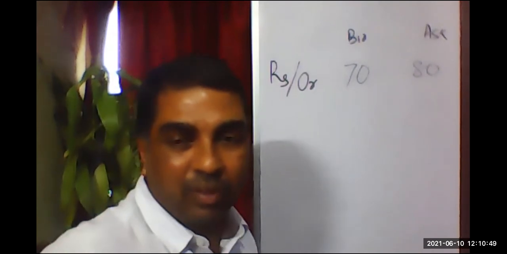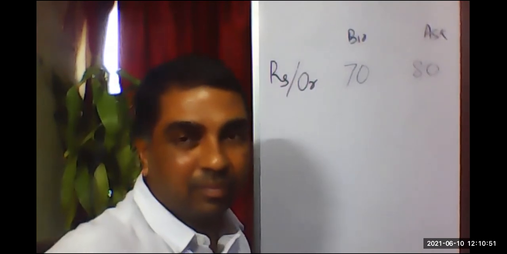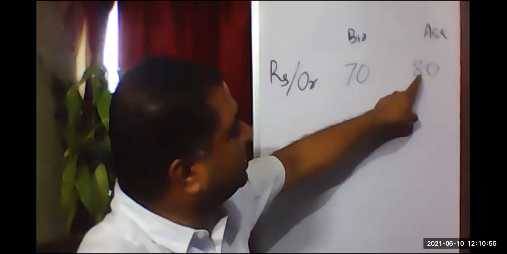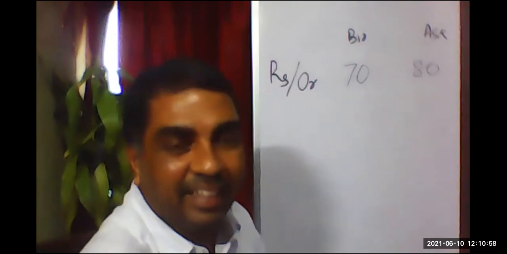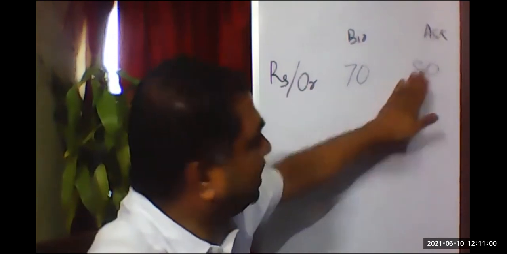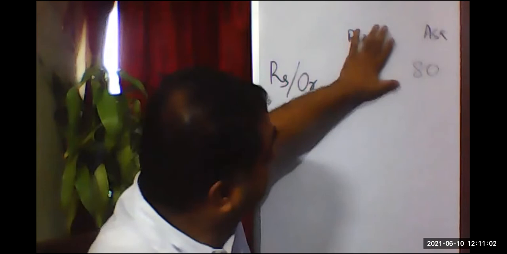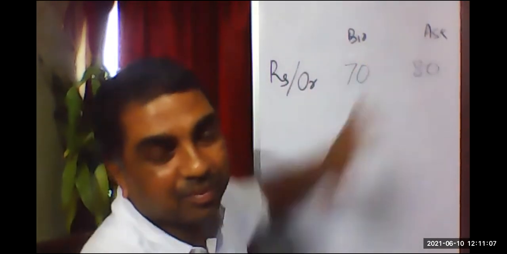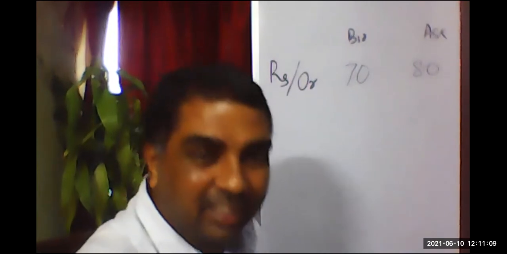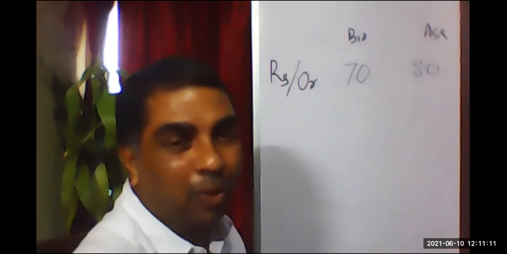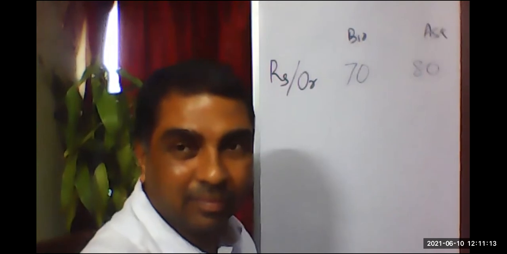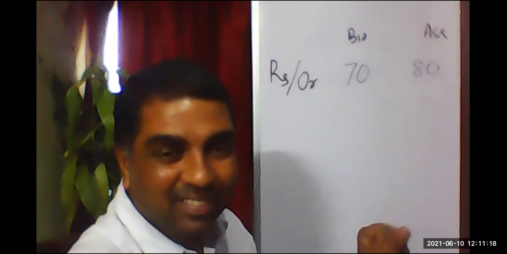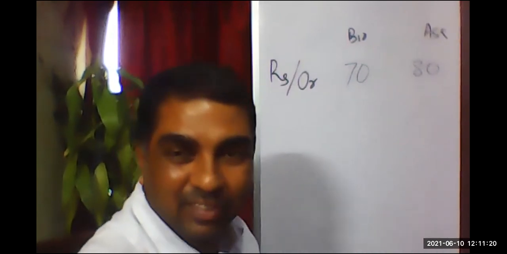Now please understand. Suppose the orange seller is saying that I am selling 1 kilo of orange at 80. My question is, at this stage, what is she buying? She is selling orange for 80 rupees. What is she buying? 80 rupees she is buying. She is buying 80 rupees and selling 1 kilo orange.